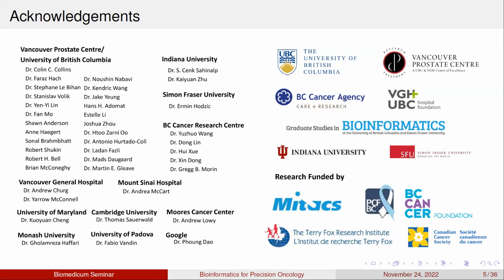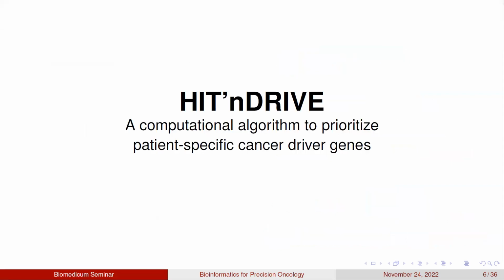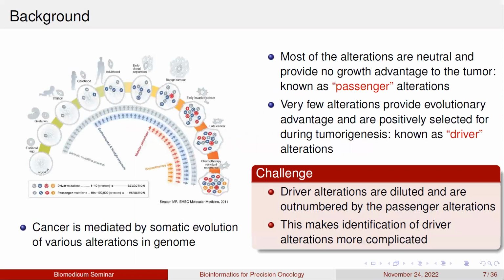So with that, I would like to start with the first part of my talk. I will describe a computational algorithm called HotNet that helps to prioritize cancer driver genes in individual patients. So in cancer, if we look at the evolution of a cell right from its inception,